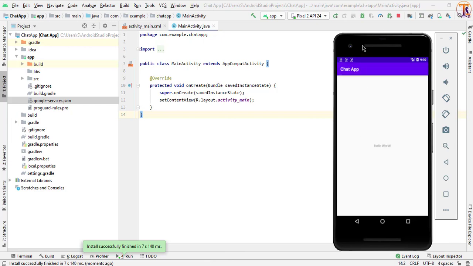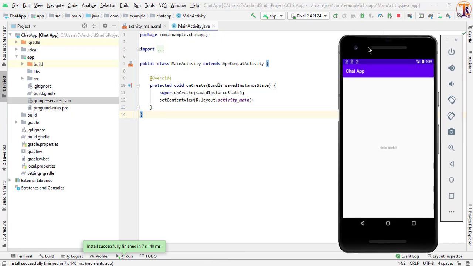Okay, you can see here our Android Studio successfully installed the application. There is no error in this Android Studio. So our Android Studio is successfully connected to our Firebase.